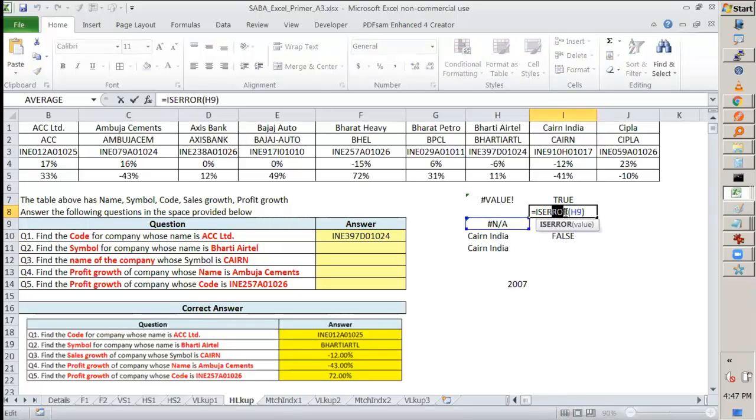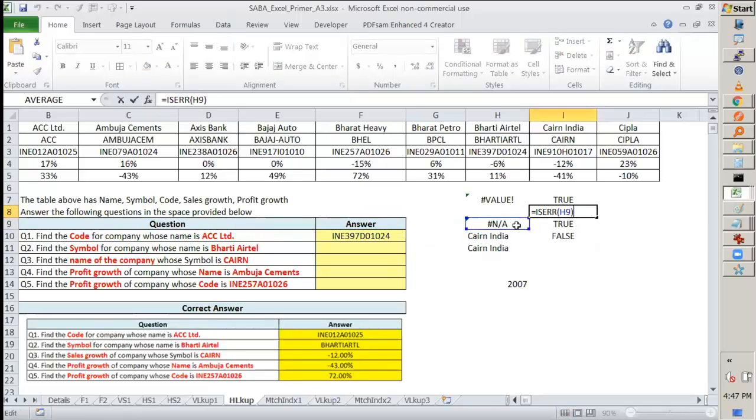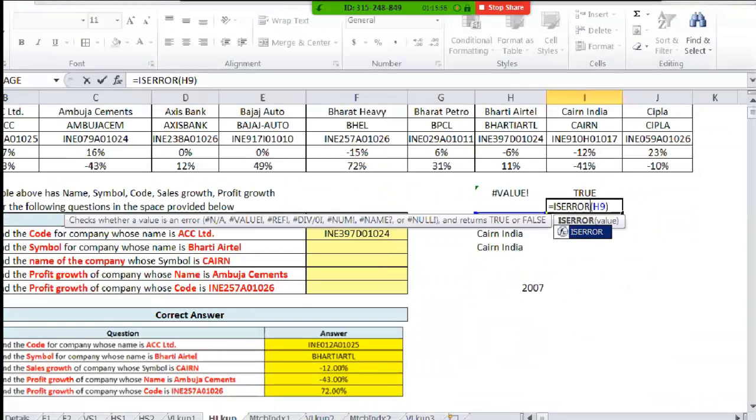But if I give you ISERR, it says FALSE, because ISERR does not consider #N/A as an error. It is not considering #N/A as an error because it is a not-available value. But ISERROR considers #N/A also as an error. See, ISERROR considers the #N/A value, everything, as an error. So there is a difference between ISERR and ISERROR.